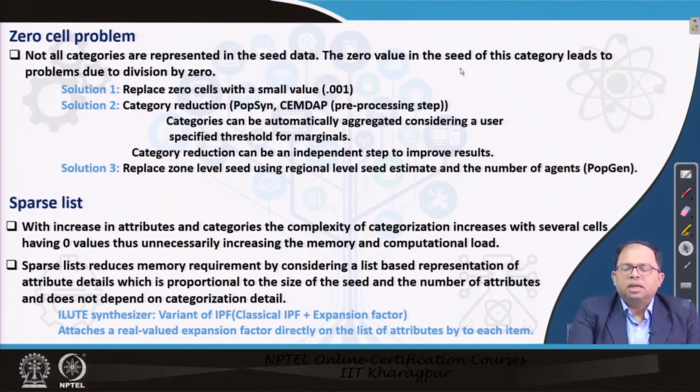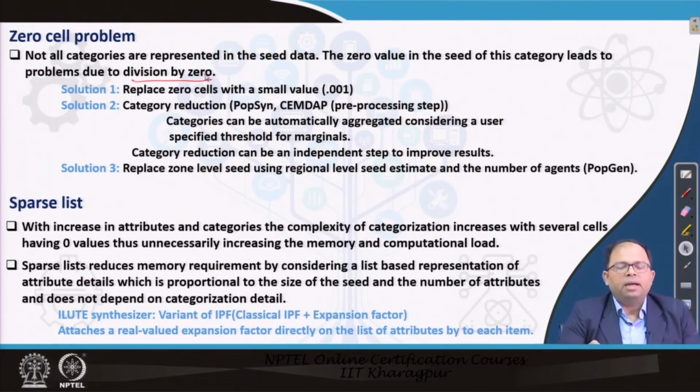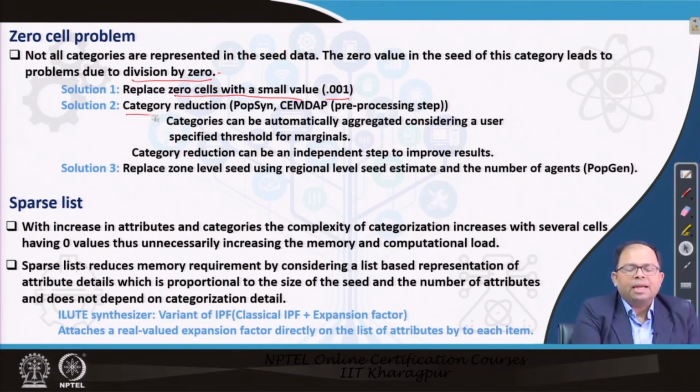The zero value in the seed of this category leads to problems due to division by 0. Because in IPF we have to divide each of the cells, and then sometimes it may lead to a zero value, and there are 3 ways to get around this problem. Either we can replace the 0 cells with a small value like 0.001, or we can do something like category reduction, which is done in PopScene and SEMDEP, this software, as a pre-processing step. Before we even start the IPF, we can reduce the number of categories